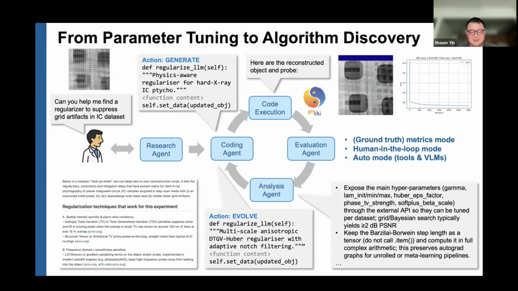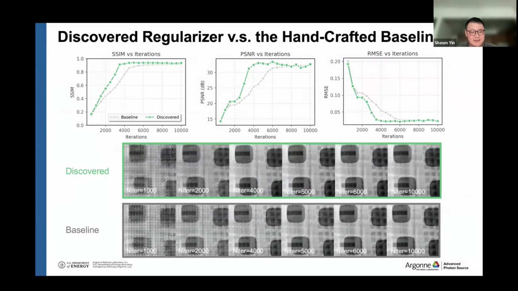And this type of simple algorithm workflow can already help us. For example, this is an integrated circuit data set. You can see that this is a baseline. You can see that we have to do like 10,000 iterations to get an image without the grid artifacts. But with this type of agentic workflow, we discover a regularization function that helps us reduce the time to get to this similar quality. For example, you can see that at around 4,000 iterations, we can already have an image that doesn't have this